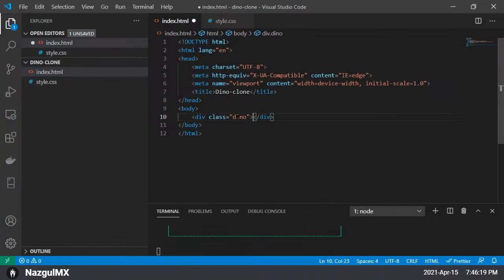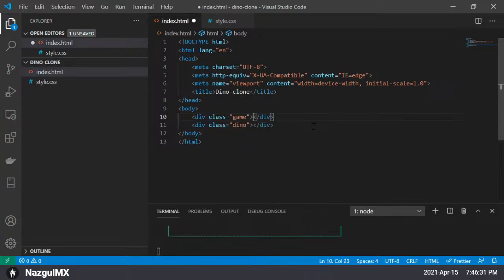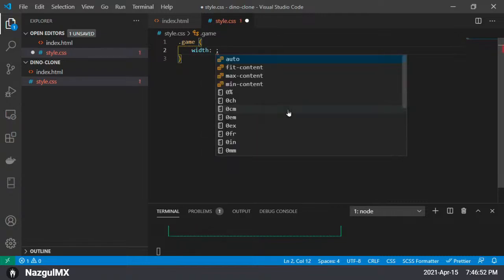So for example, I'm going to create a wrapper called game, and then inside I'm going to have the dino. So we have two elements, game, which will be something like 800 pixels